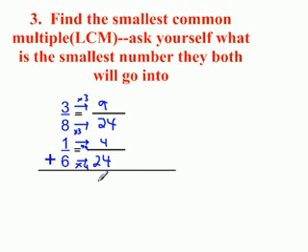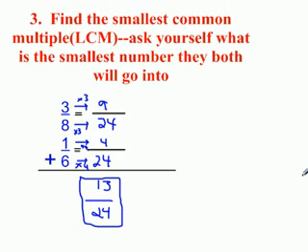And now we go ahead and add. 9 plus 4 is 13 over 24. It does not reduce. So there is our answer. And those are the